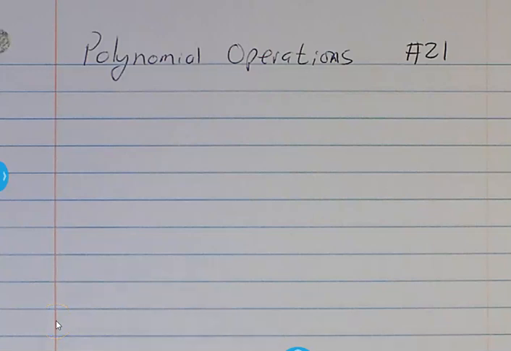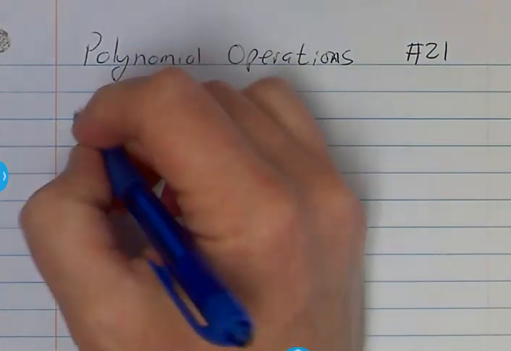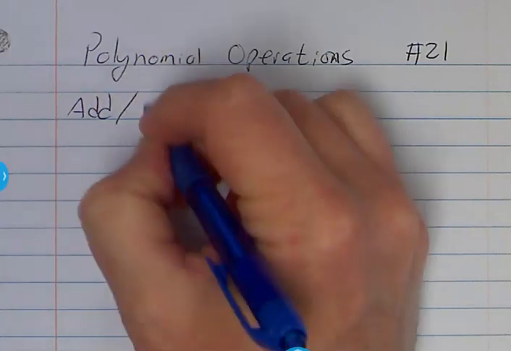Alright, so we're doing polynomial operations. Last time we did figuring out what the name of it was. We're naming it by name, naming it by other different things. So this time we're going to kind of change gears a little bit. And again, this is not really anything new on this part, but basically we've got three different operations we're going to do. First thing is we're going to either add or subtract,